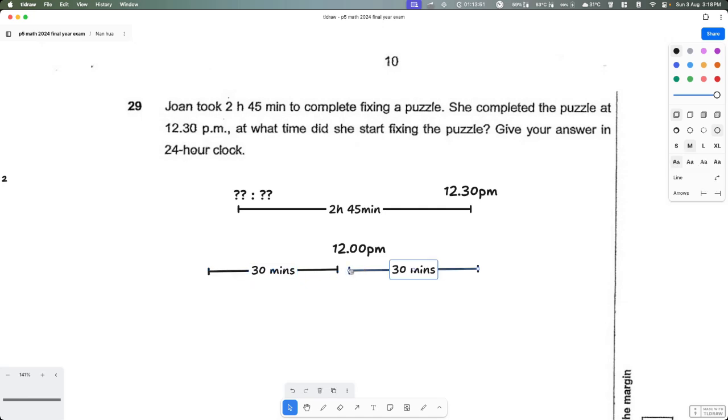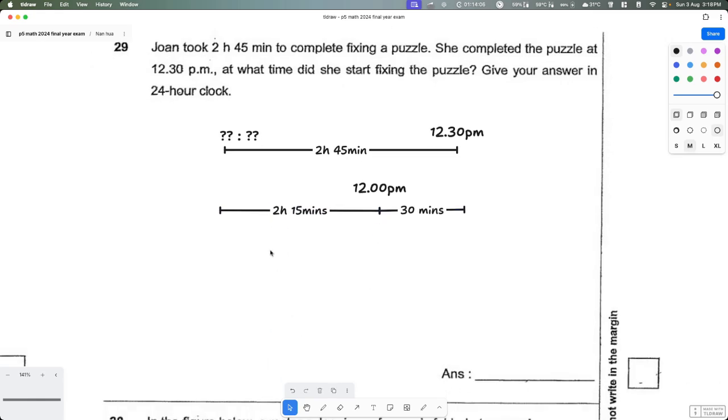So I'm gonna just put like this. 30 minutes means 2 p.m. and we're left with 2 hours and 15 minutes. Okay, then from 12 p.m. to